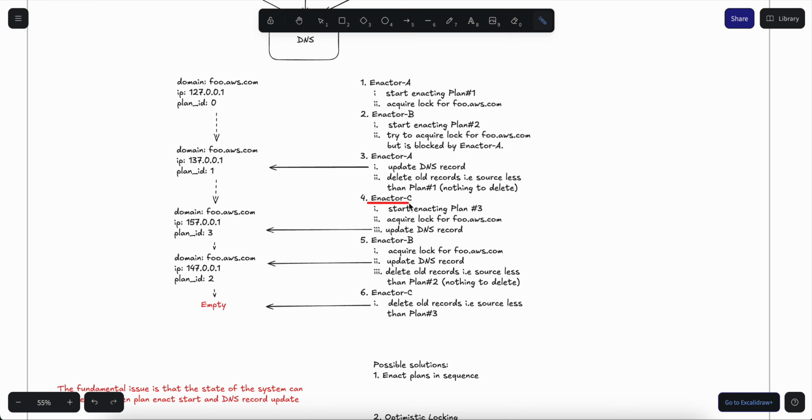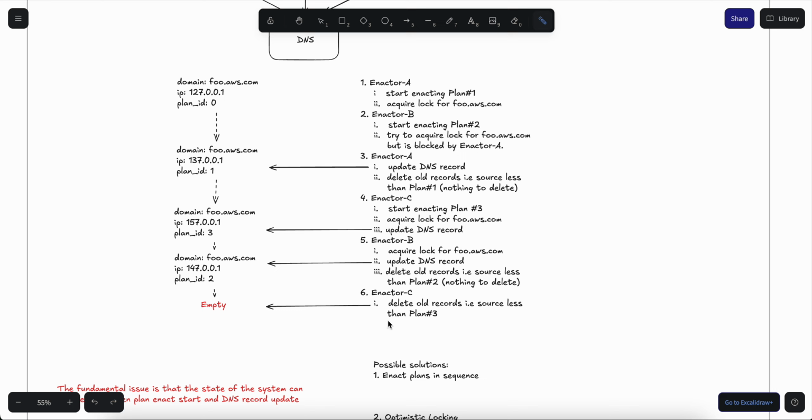Then C, at a later time, executes the final statement in its instruction set, which is to delete the old DNS records. That is, records which have a plan that is less than plan 3. And in this case, since B had updated the DNS record to become plan 2, C thinks, oh, this must be old, so I have to delete it.